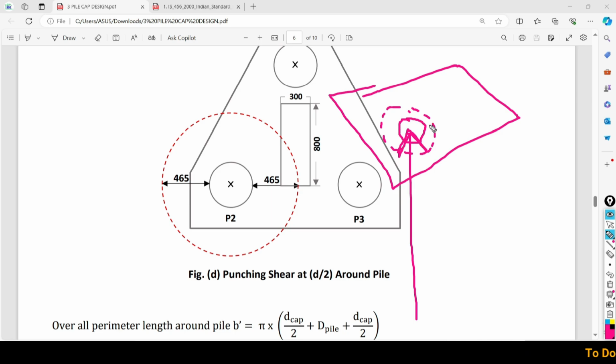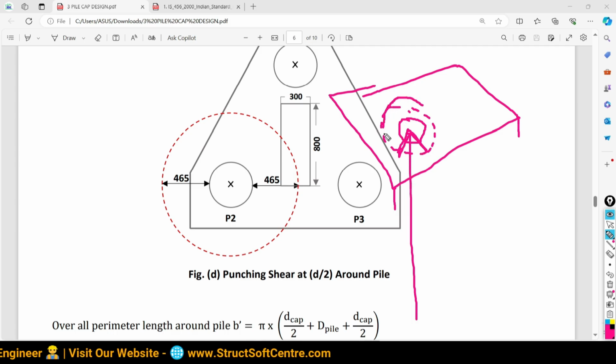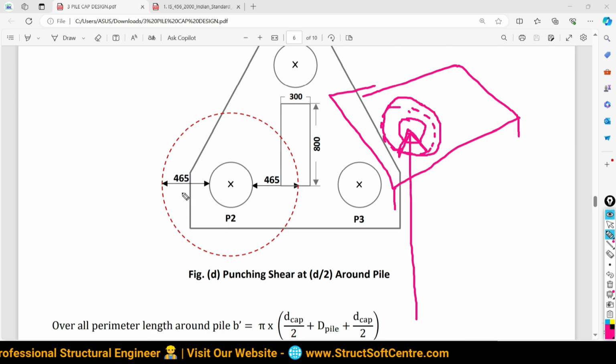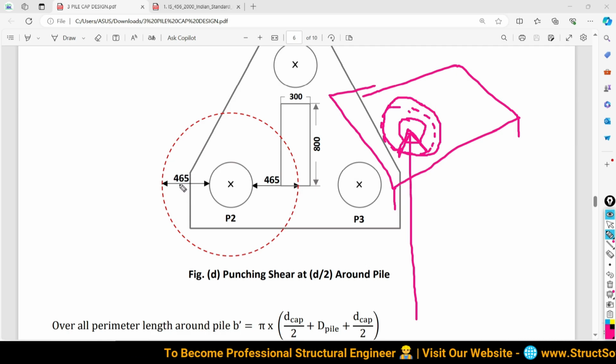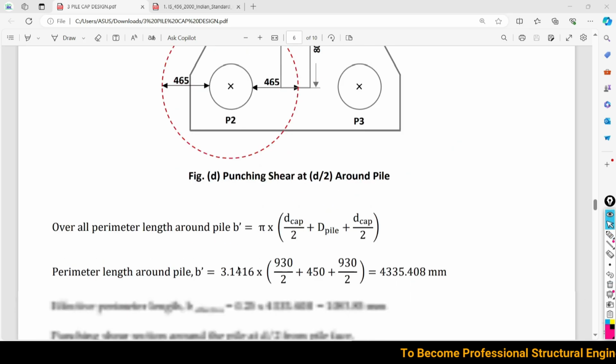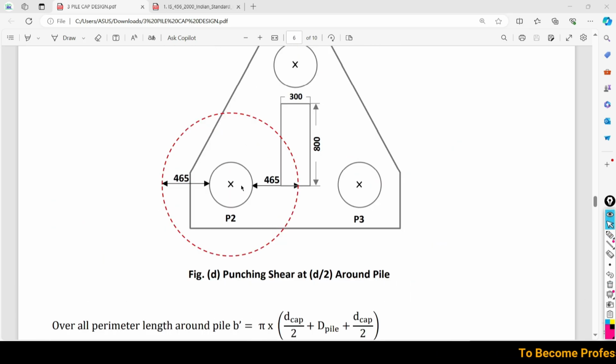So we have to check whether the provided depth of the pile cap is safe or not to resist the shear which is coming through the pile, through a surrounding of your pile at a distance of d by 2, means effective depth of the pile cap divided by 2, that is again 465. Finally, we actually do not need to do any reduction for the shear, because one pile we are going to deal with. So one pile is carrying total intensity of the reaction as